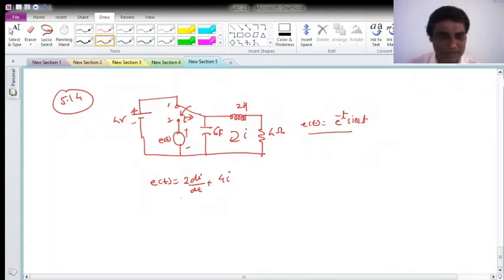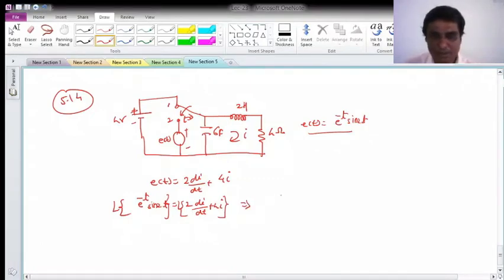Okay, and I'll take the Laplace, and E of t is e raised to minus t sine 2t, which will be 2 di by dt plus 4i, and suppose initial conditions are 0 here, so take the Laplace on both sides,